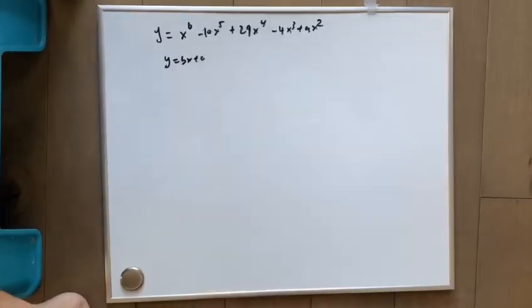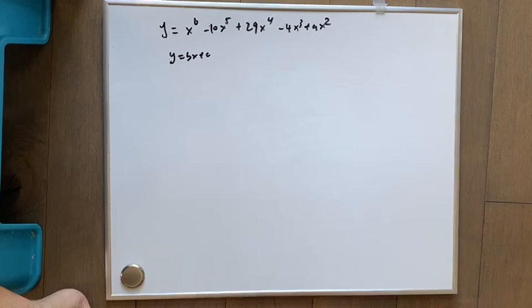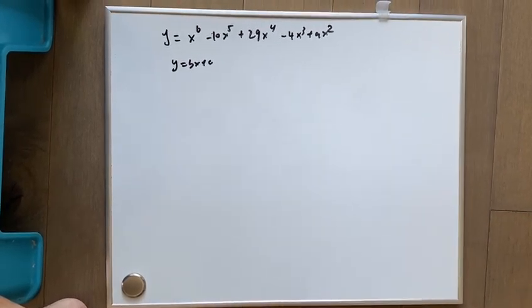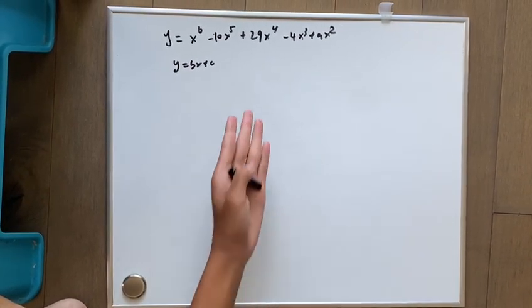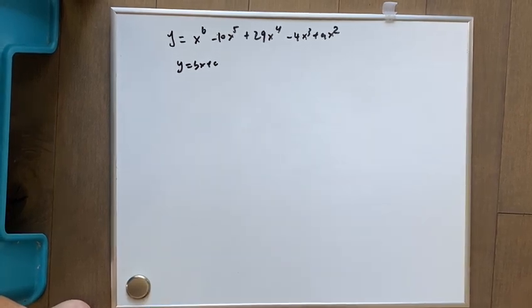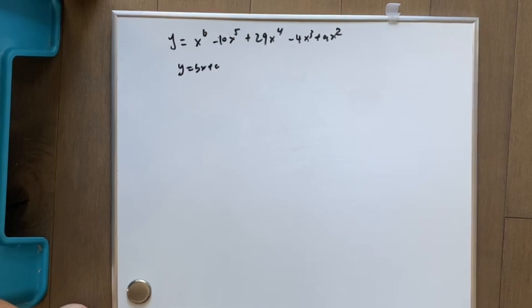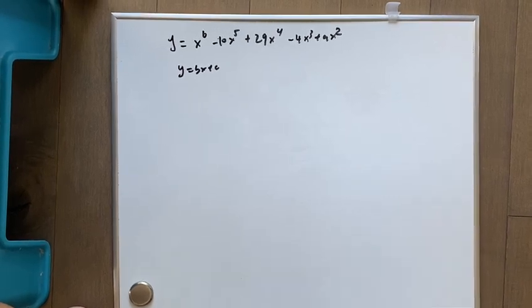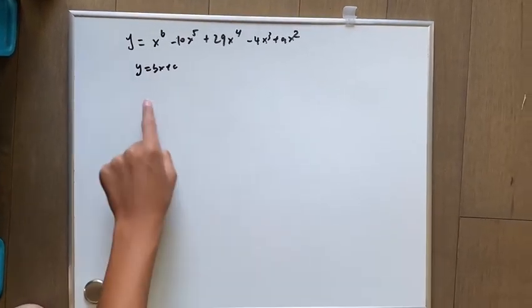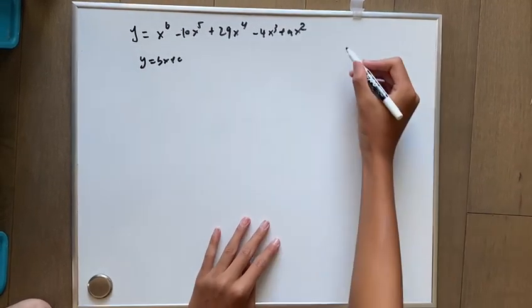So here we have the graph of y equals x to the 6th power minus 10x to the 5th power, and so on. And this lies above the line y equals bx plus c at some values of x. We were asked for the largest x value of those intersection points with the line y equals bx plus c. Now I forgot to write this, but this is 2010